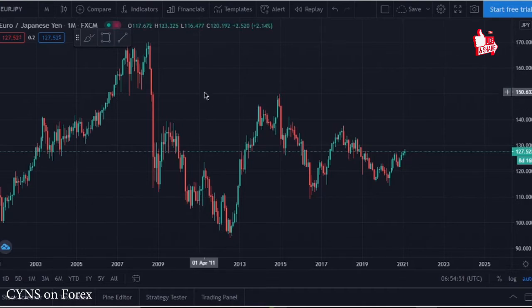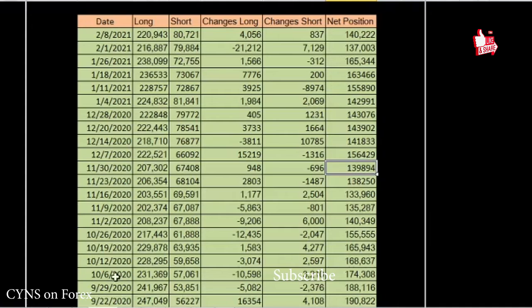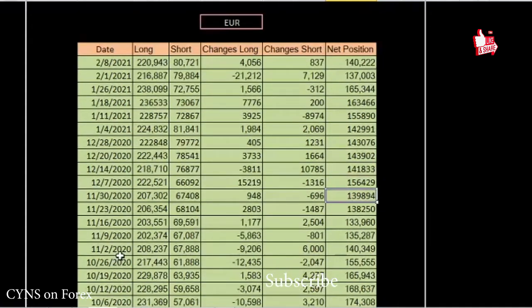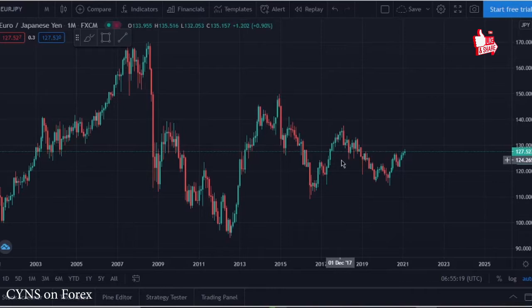First of all, I will speak about the technical aspect of this market. I will break down the technicals for Euro JPY, and then we are going to see what we have from the commitment of traders perspective, which is what hedge funds are currently doing in the market. It will help you learn how to combine technical analysis and sentiment analysis correctly. By the end of the video, using the combination of our technical and order flow perspective, we will be able to understand where the best probabilities are for the next move on Euro JPY.